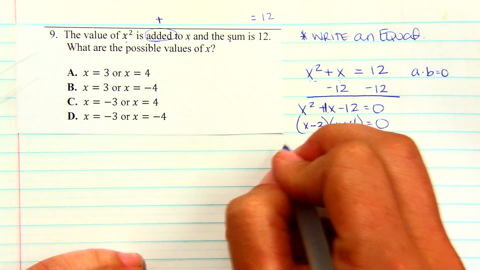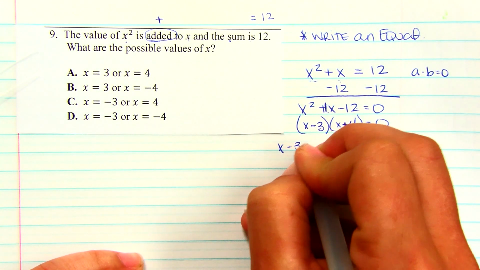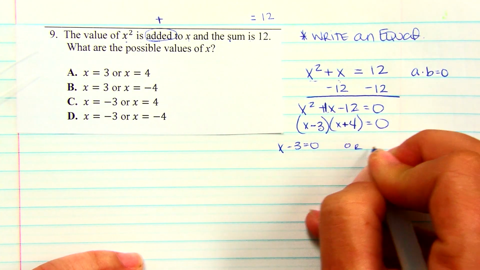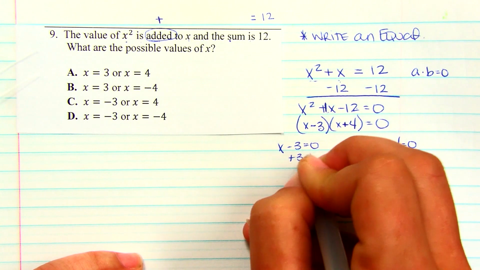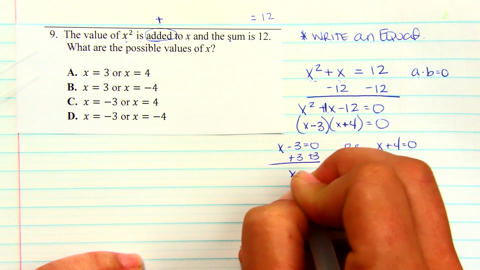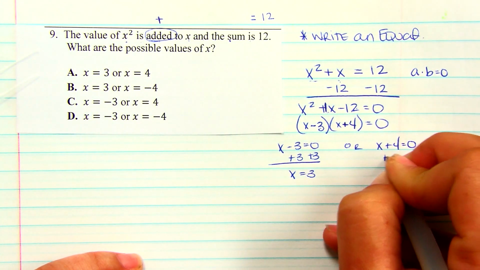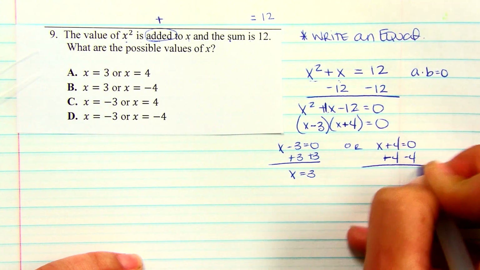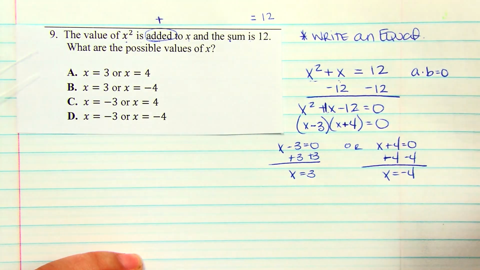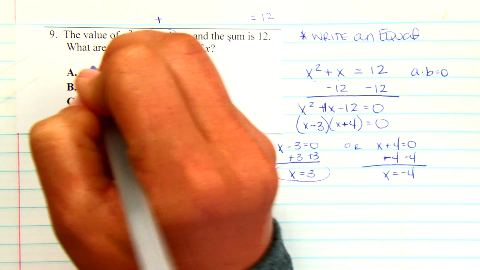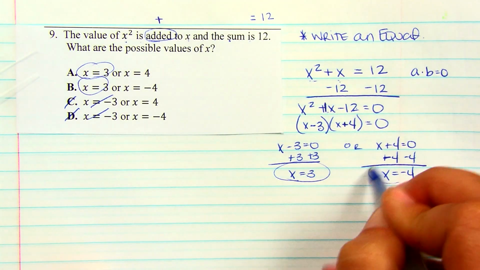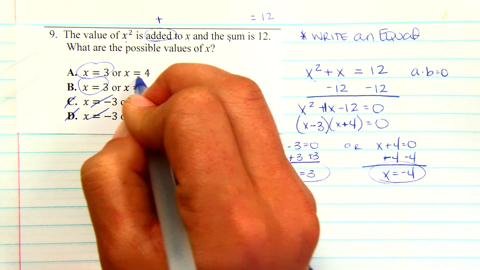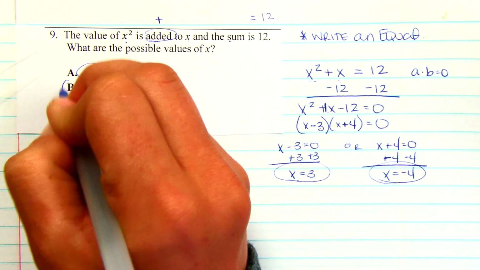So either x minus 3 equals 0 or x plus 4 equals 0. I will subtract 4. So my answer is x equals 3 or x equals a negative 4. So the correct answer is